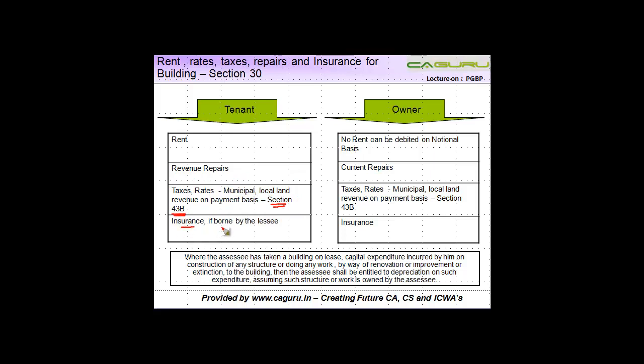And the last one is insurance if borne by the lessee. Again, borne means the economic burden has to be with him, right? So insurance cost if paid by the tenant is also allowed as a deduction in computing his income under the head PGBP,